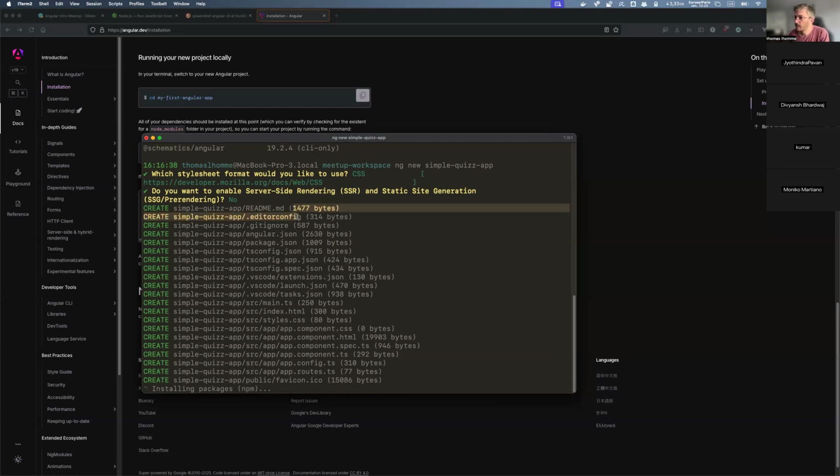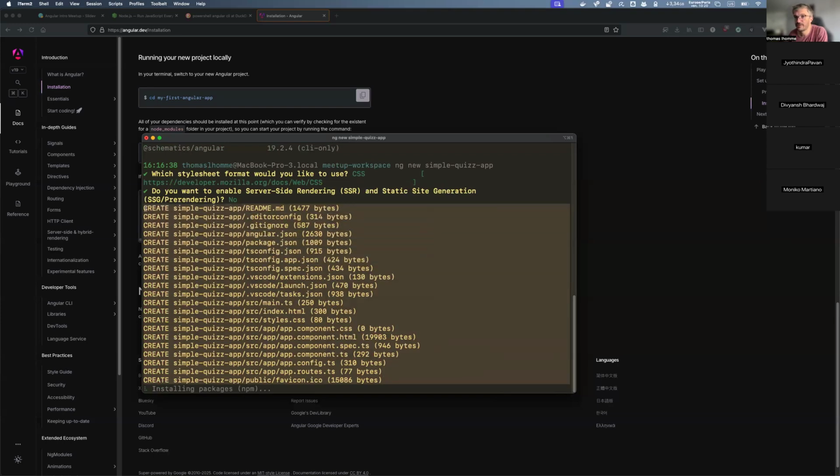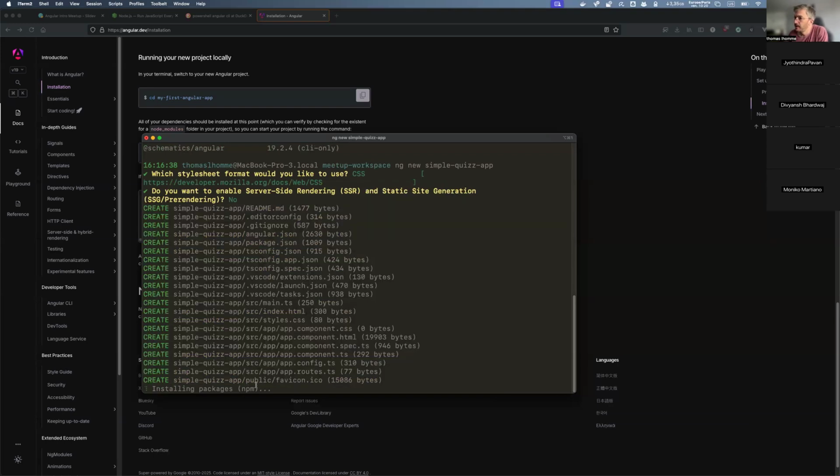So what is happening here? It created this tree of files and folders, and now it's installing packages with npm. So we need to wait a bit because, as we mentioned, Angular requires a lot of libraries to make it work. It doesn't mean that when your project is over, all those libraries will be present in your app. Obviously not, because here it's probably downloading 250 megabytes of libraries just for Angular to work. Of course, when you have your bundle ready, when your app is over, it will not take all of this.